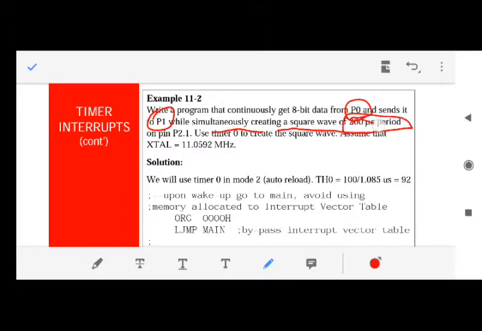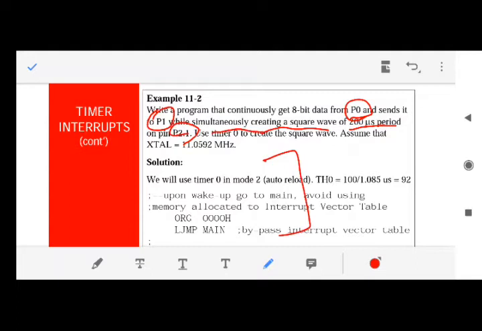We need not take care of the time period, because it won't be given to you in your exams, because I have not taught you how to program for a particular time period. So I will not ask this type of question, but you should remember that for creating a square wave of this much time period on this particular pin, I think we have done this kind of question n number of times, so